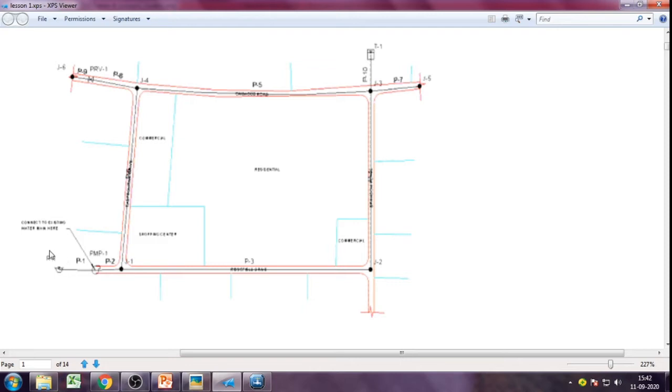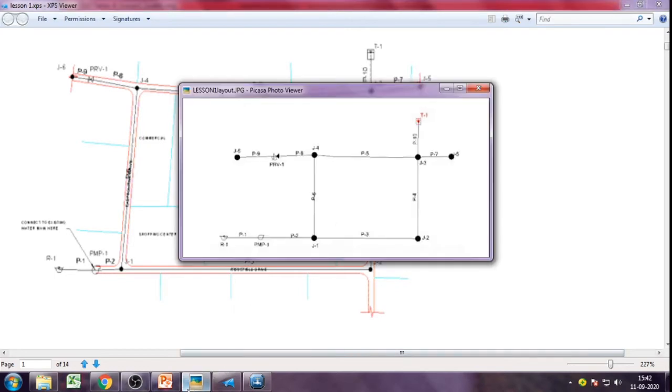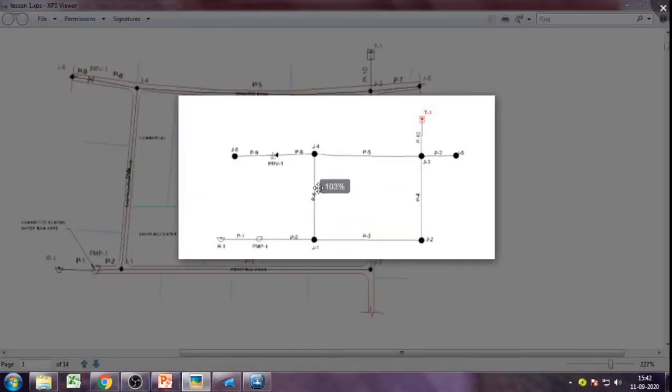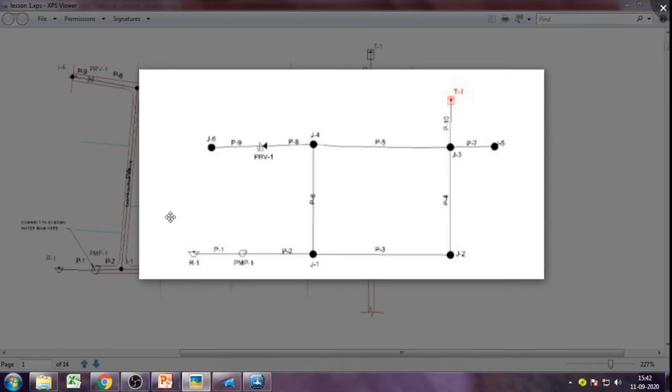This is the beginning point of the plan, where the reservoir is, then we have a pump here, then different pipes, and the black circles represent the different junctions. And this is a tank here. We have to draw this particular model in WaterGEMS and we will get this result. This is how the plan is modeled in WaterGEMS, so we have to draw this. We will start with the reservoir. We will draw all these hydraulic elements in WaterGEMS.